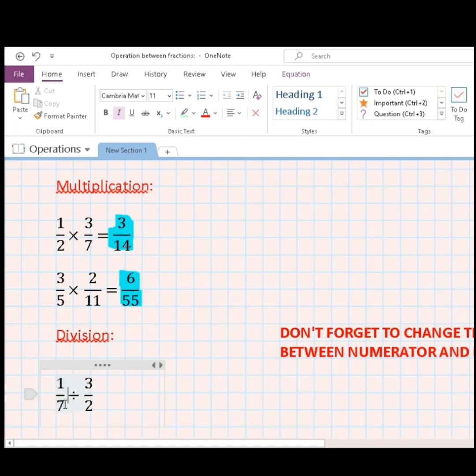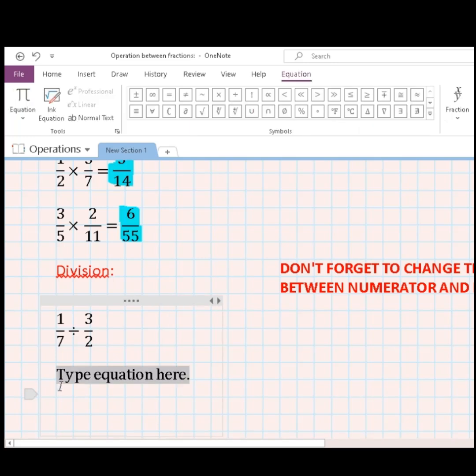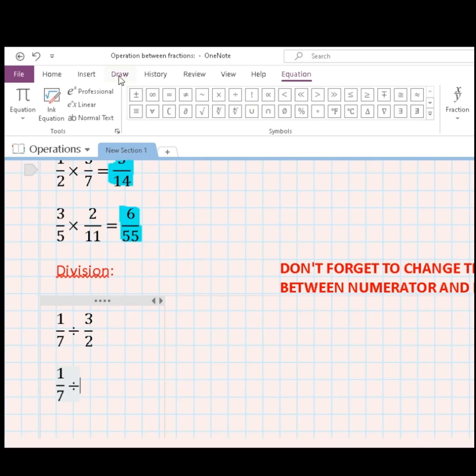Okay, excellent. And after that, we multiply. Let's see how to do it. Here we have 1 over 7 divided by 3 over 2. Okay, here, and the fraction that we have to change is only the second one. And then we will change 3 by 2 and 2 by 3. It implies we have 2 over 3, and here is times,